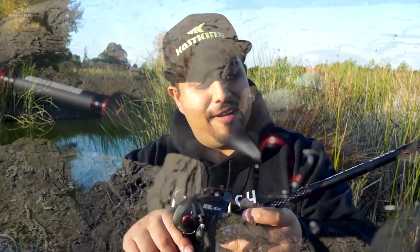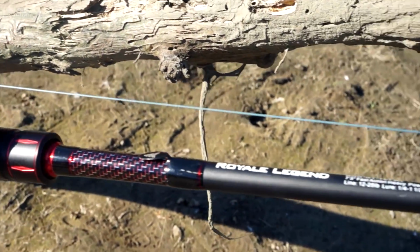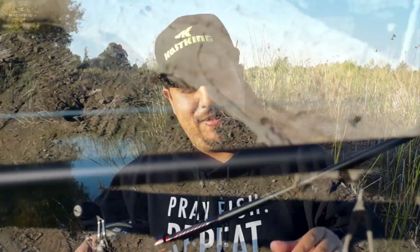When I'm throwing a Texas rig, I like to use fast reels and rods with a little bit more power behind them. So today I'm using my KastKing Speed Demon Baitcast reel. This is a 9.3-to-1 gear ratio reel. It's a very high speed reel. And for the rod, I'm using my KastKing Royale Legend rod. This is a 7'3" fast action heavy rod. So it has that backbone, it has that power, but it also has that tip so that I can feel